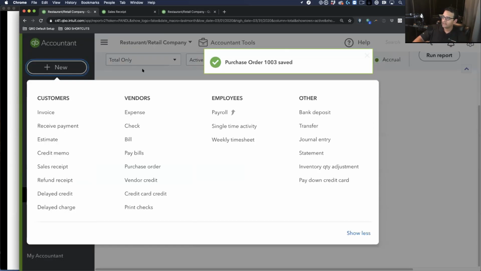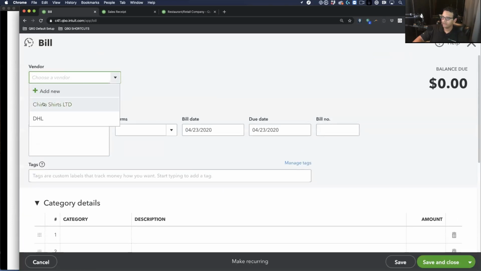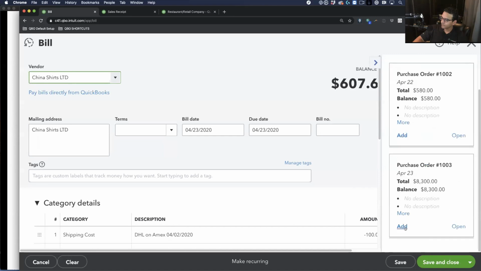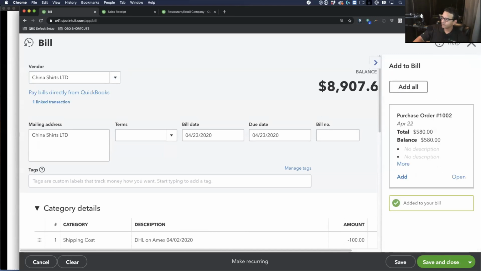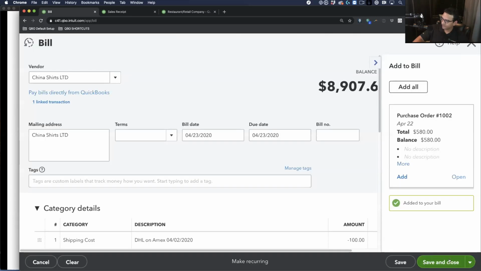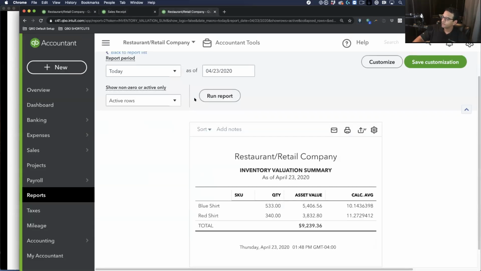I'm going to go ahead and receive my inventory for that purchase order on the 23rd. Perfect. And then save and close. Right? So when I go into my inventory valuation report, click on refresh, I have all my inventory in there,